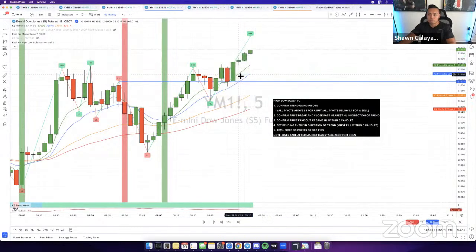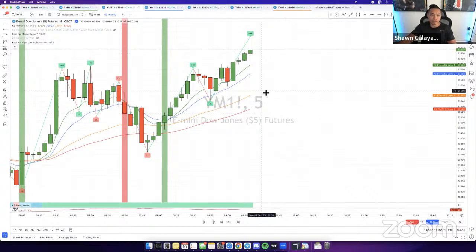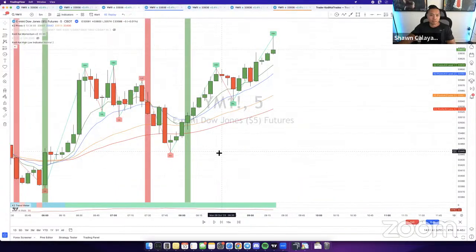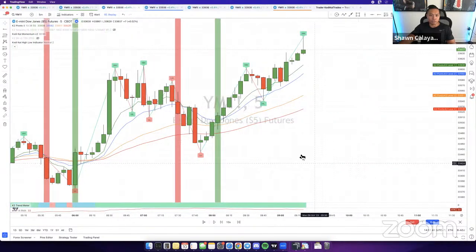All right, guys, you can see it's pretty simple. There's not really too much guesswork here. You're just following the criteria. If the criteria lines up, then you take it. Again, the 5 minute and the 1 minute are different with regard to criteria, meaning minimum candles and the time span of entering the trades. For the 5 minute, like I mentioned, you're probably not going to find too many entries between 6:30 and 8 because it doesn't happen too often. But if you trade it all throughout New York session, you'll probably find some entries, basically between 6:30 and 11 for the most part.